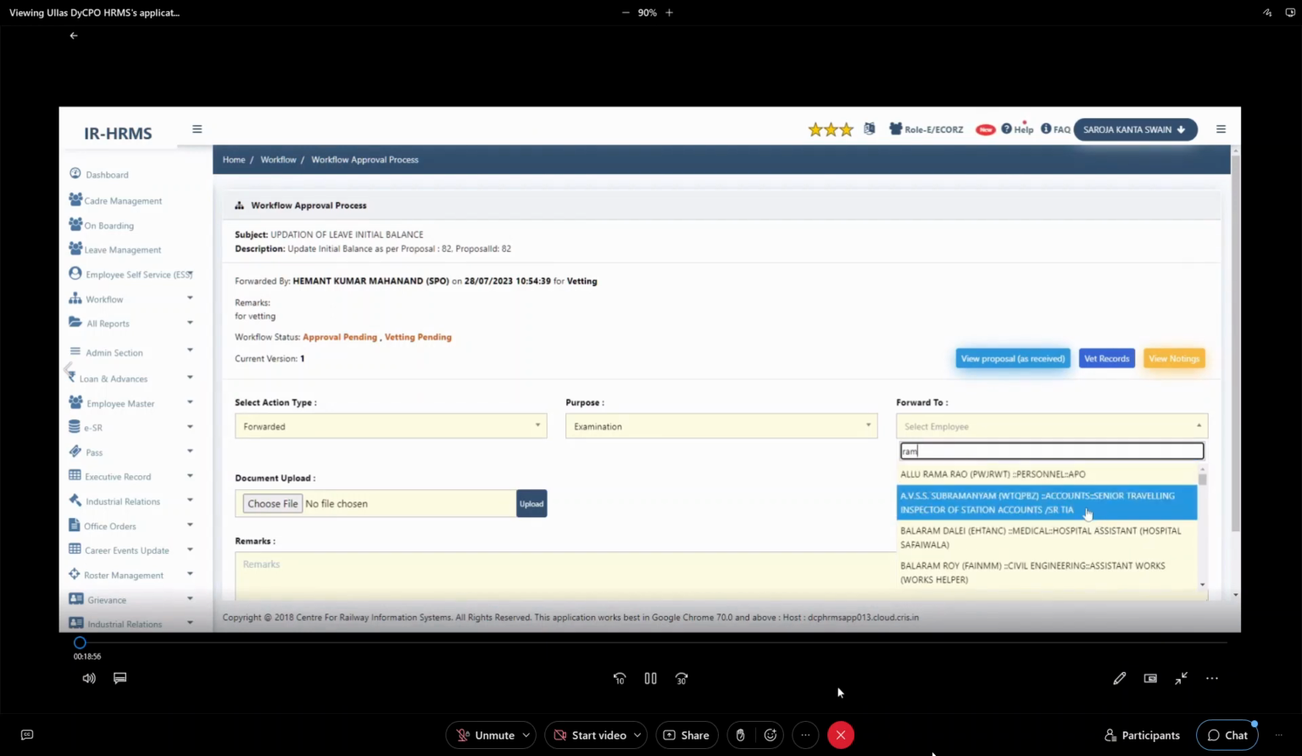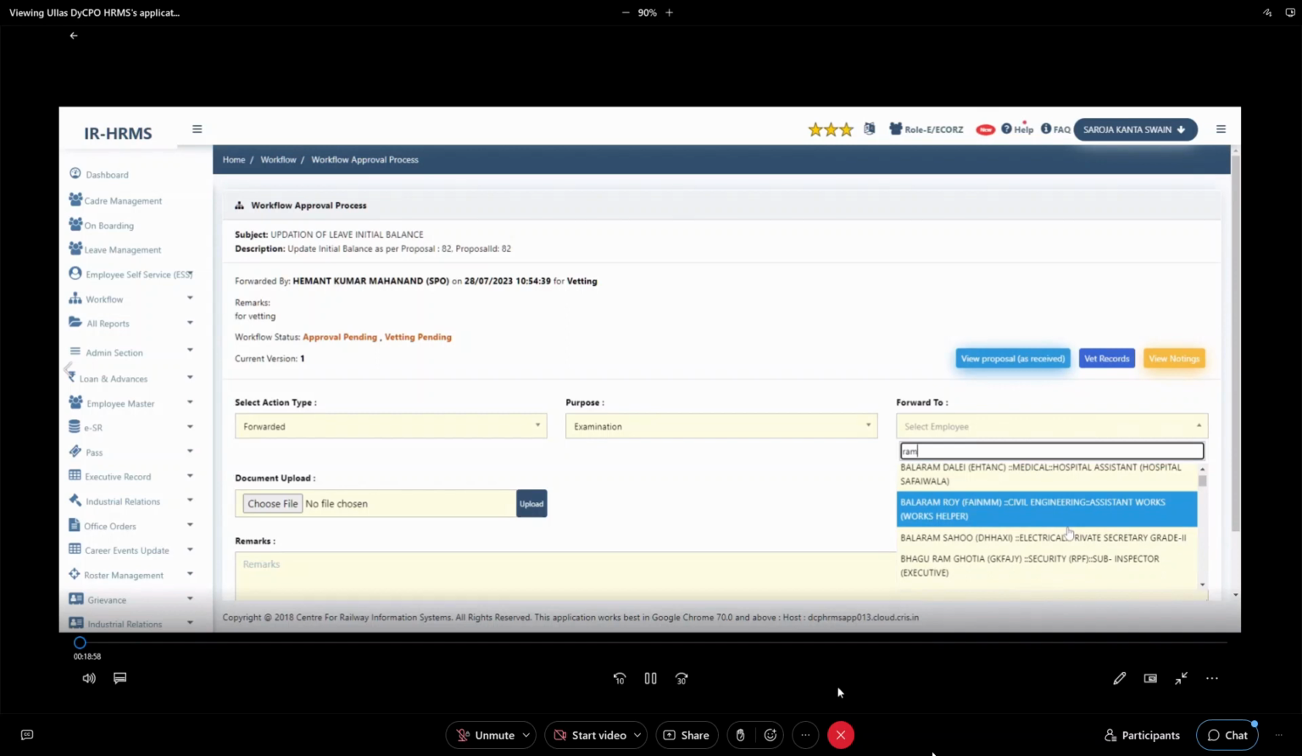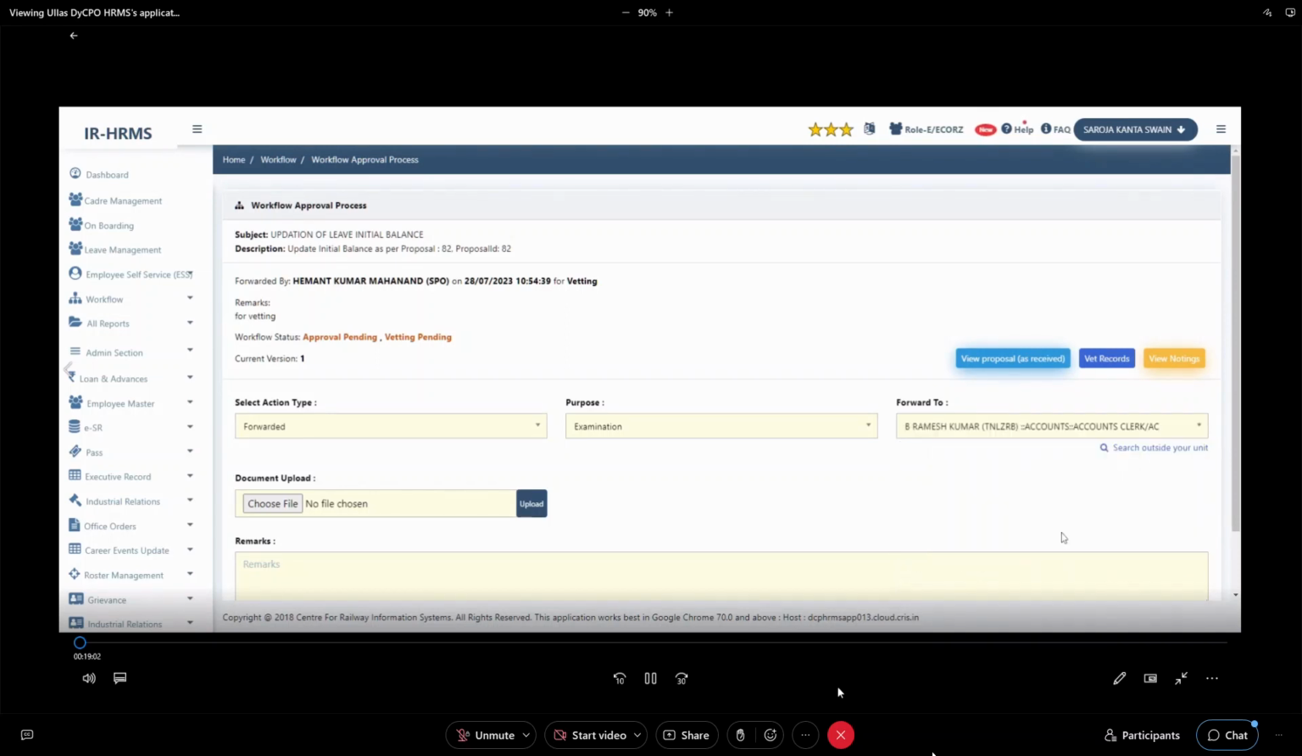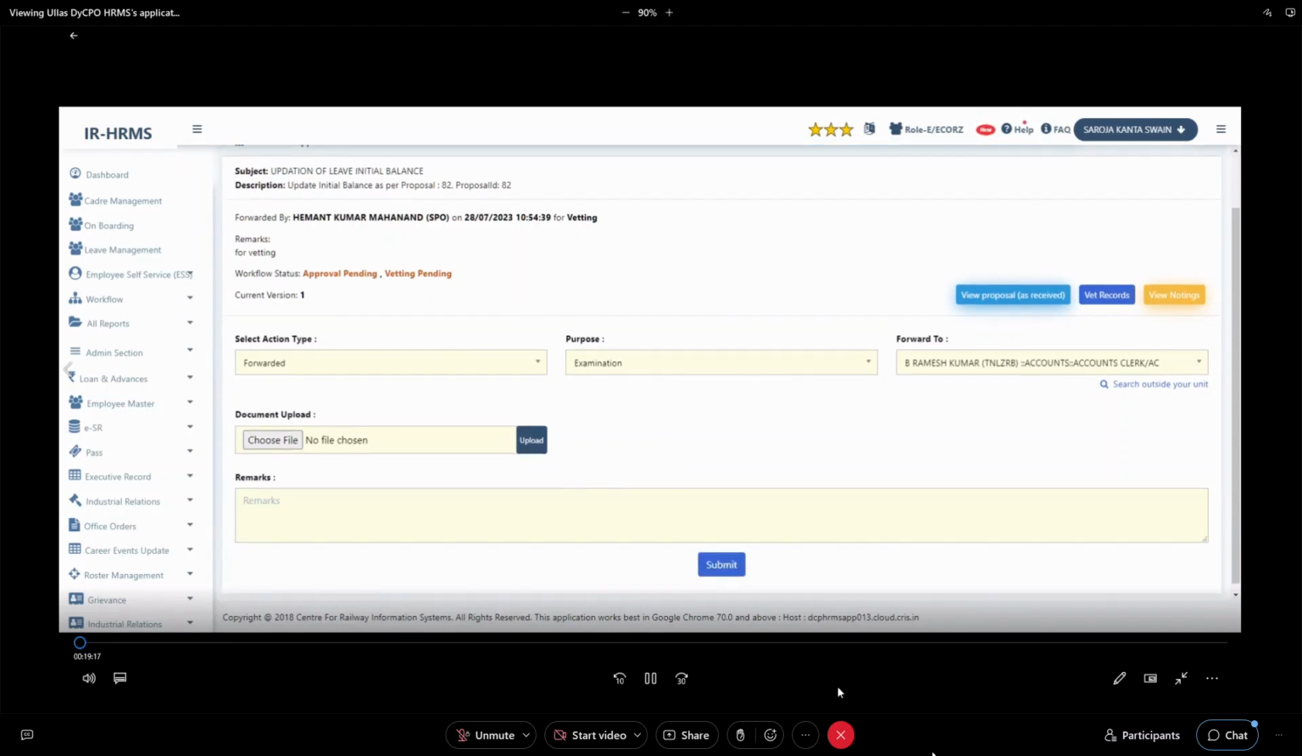Account senior, like senior TIA, is there or someone is there, I can send it to someone. I know accounts clerk is there. I can send to accounts clerk. So all the employees will be visible here in the drop down. You can search by name or HRMS ID, and then you can send it. You can send it for examination to them, and with the remarks,